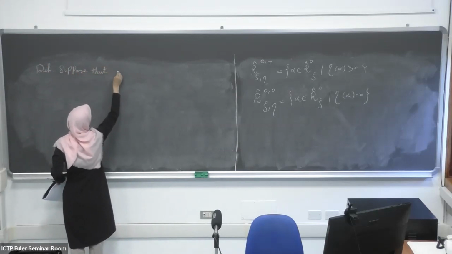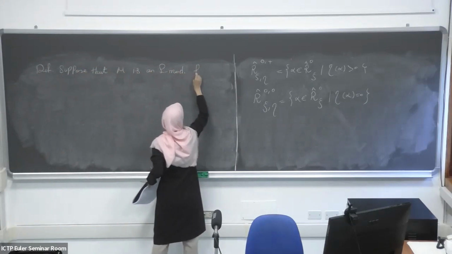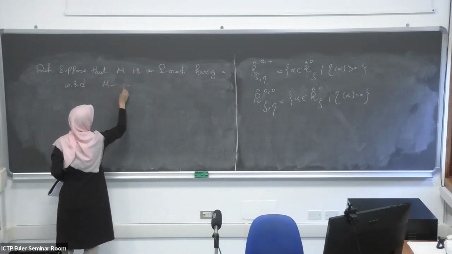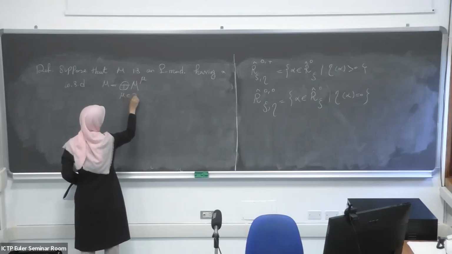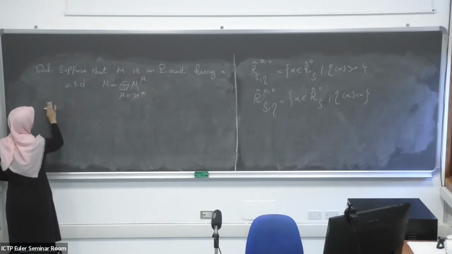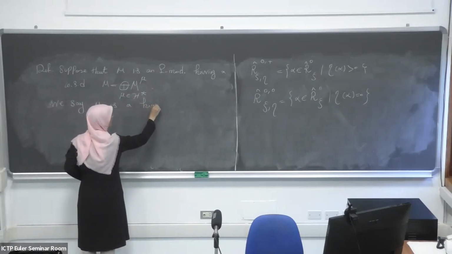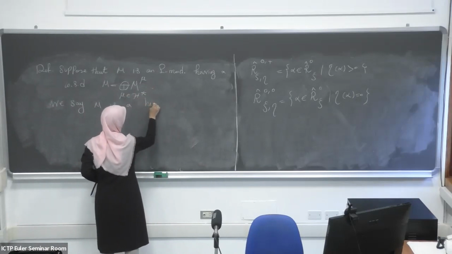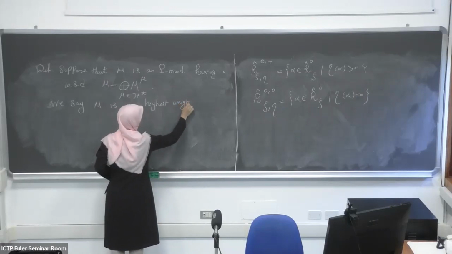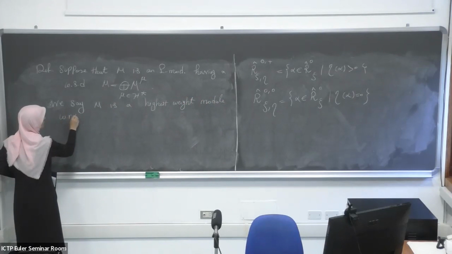That M is an L module having a weighted space decomposition with respect to H. We say M is a highest weight module with respect to a parabolic partition